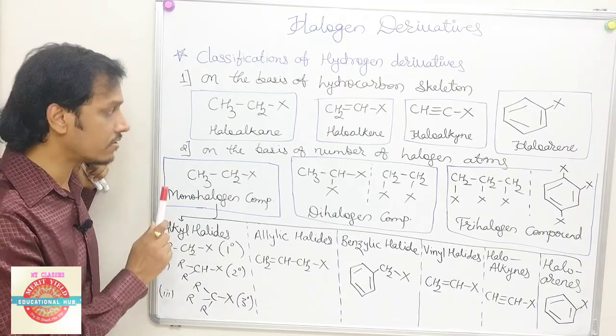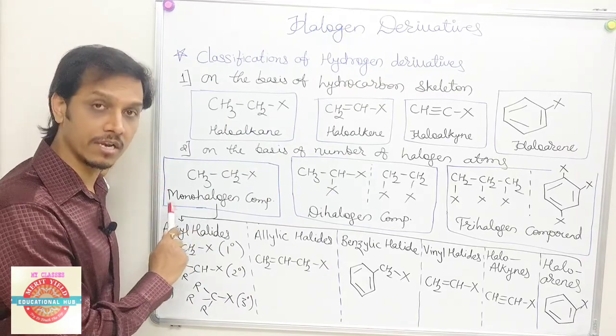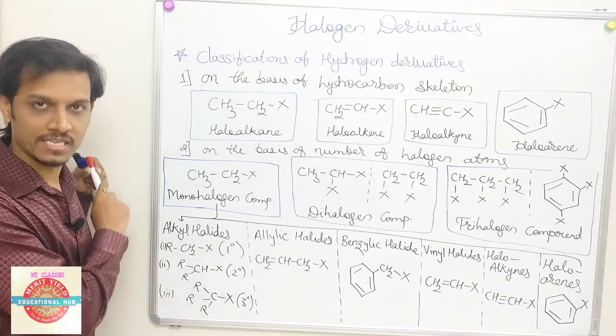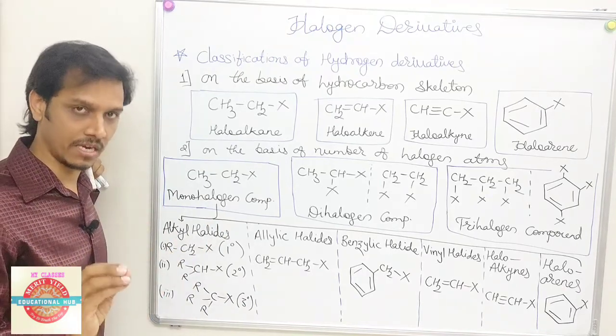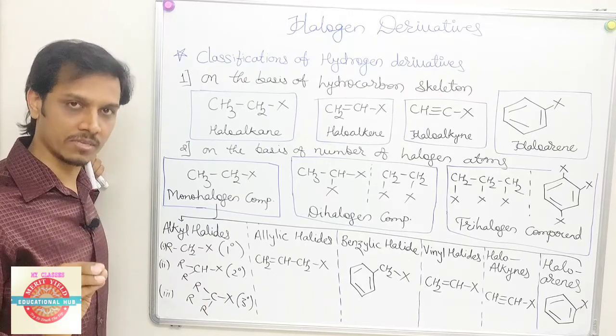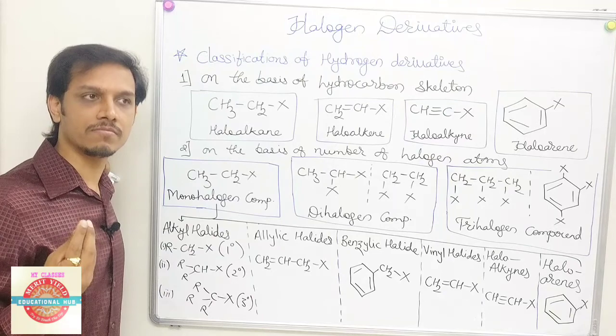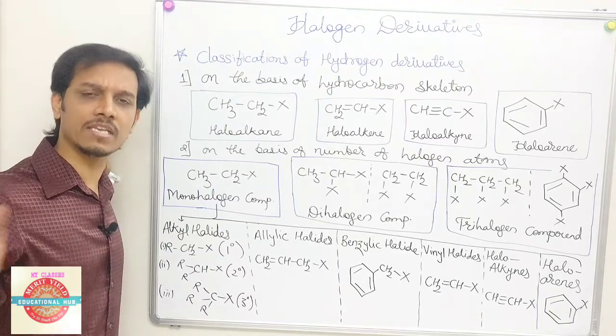Now if you classify the monohalogen derivatives of alkanes, then first alkyl halides. So basically we are having a alkane system, that is saturated aliphatic hydrocarbon system. Saturated, simple language you can call it as saturated is nothing but the single bonded system.